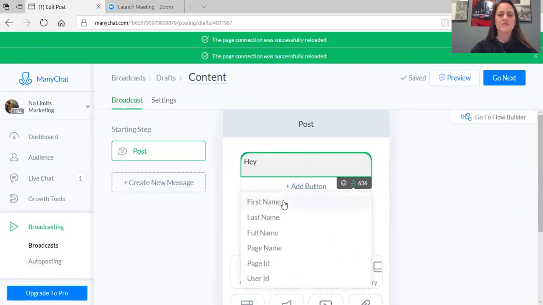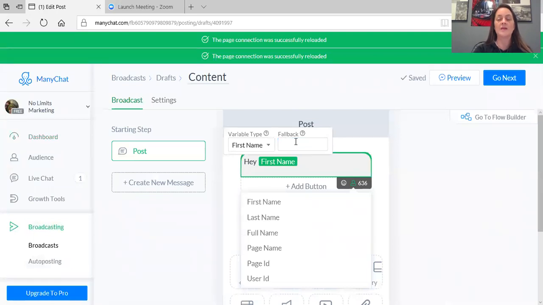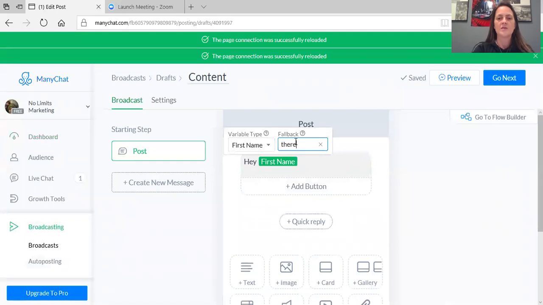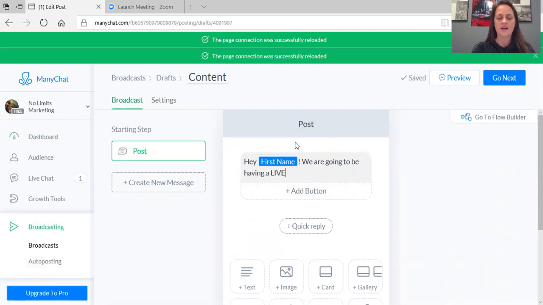Now don't forget, if Facebook can't find their first name or it can't be read for some reason, you always have the option to put a fallback in there. So I'm going to say, hey, first name, or hey there, and just hit enter to get out of that screen. So I'm going to say, hey there, we are going to be having a live workshop tonight at,